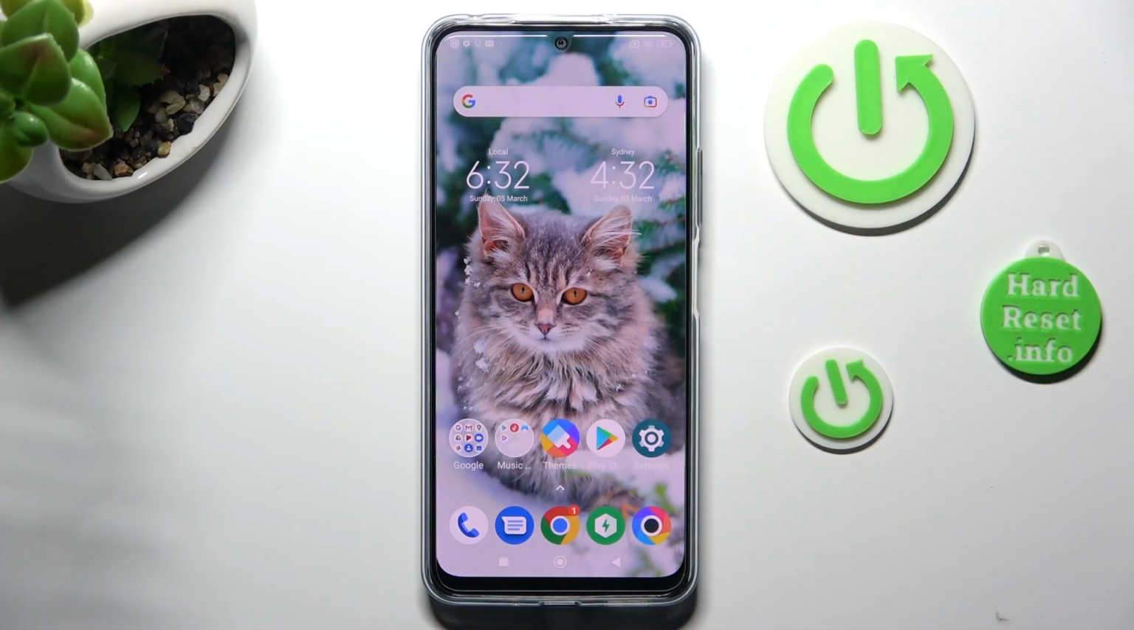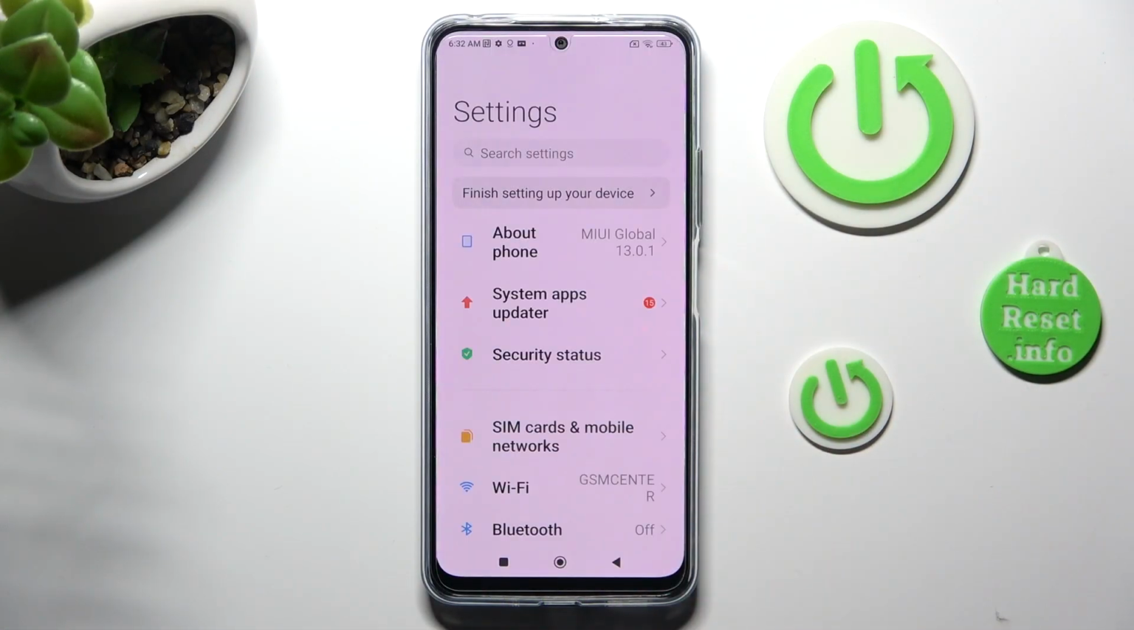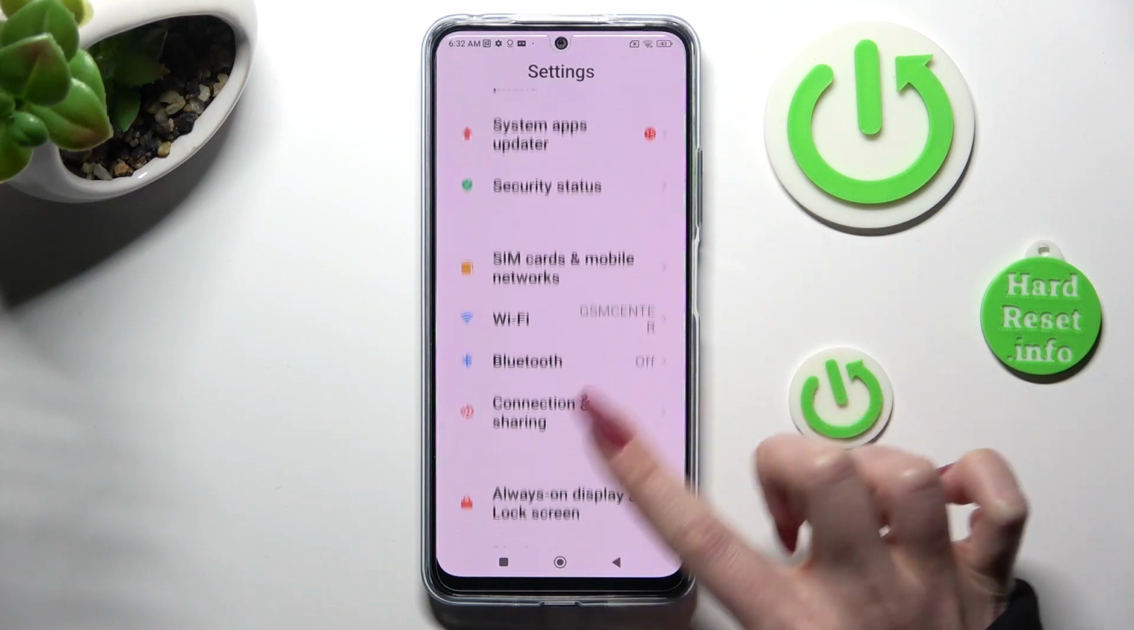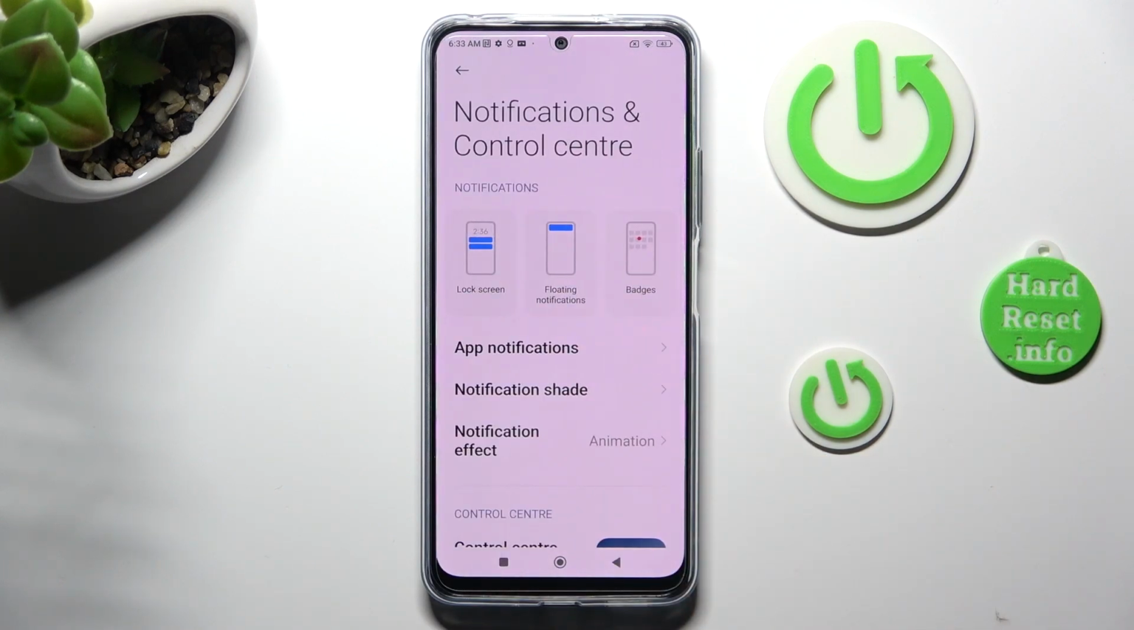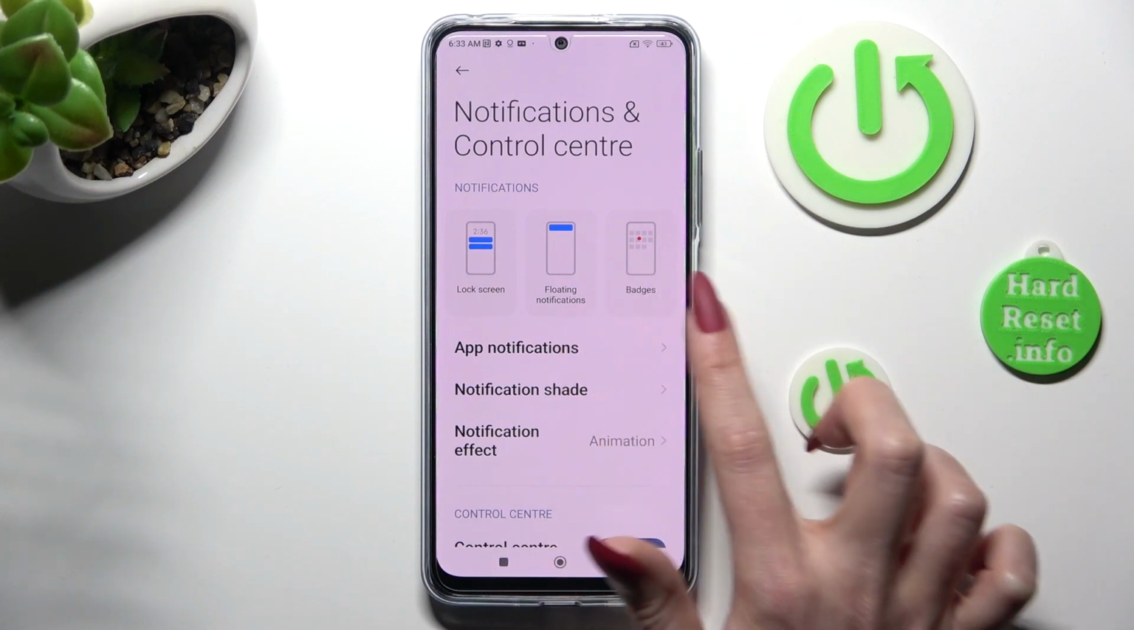You need to start by opening Settings. Now scroll down just a bit and click on Notifications and Control Center. After that, tap on App Notifications